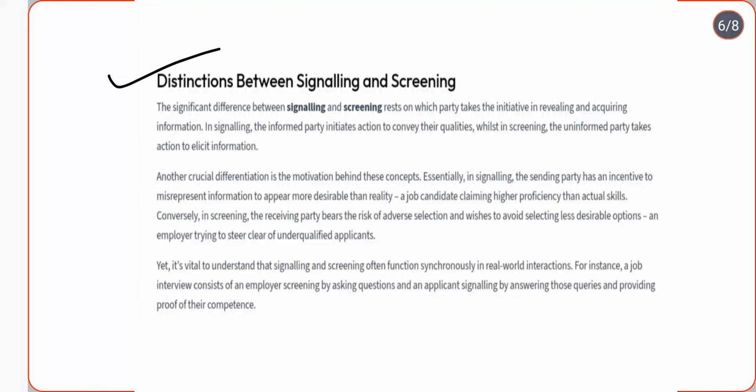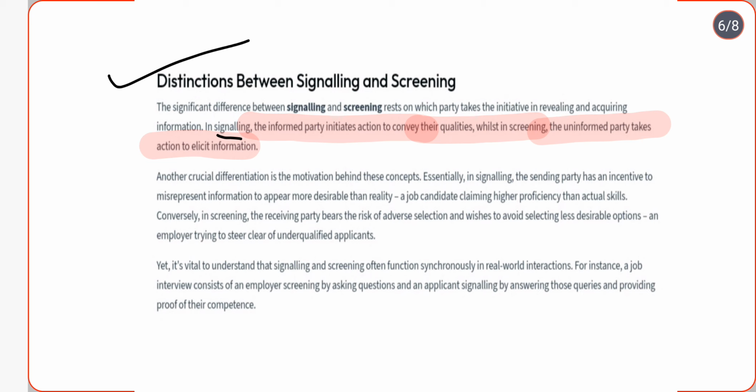Now, distinctions between signaling and screening. There is a significant difference between signaling and screening. In signaling, the informed party initiates the action to convey their qualities, whilst in screening, the uninformed party takes action to elicit the information. At first, let me talk about signaling. What happens in signaling? In signaling, the person who is actually